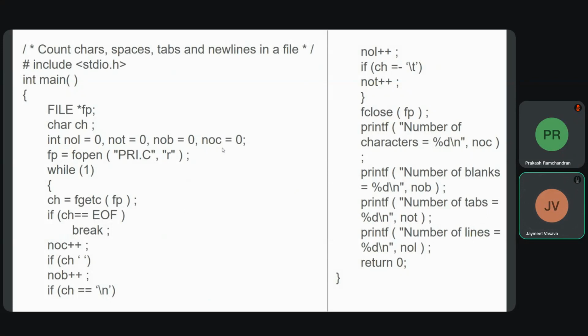Now as we have opened the file, we have the while loop, and then ch for reading the file with the help of the pointer within the fgetc function, and EOF equated to ch in order to break the loop. Now, NOC is for the characters, and as soon as a character is counted, it is incremented. Same for new lines, same for tabs, and all of those counters are incremented